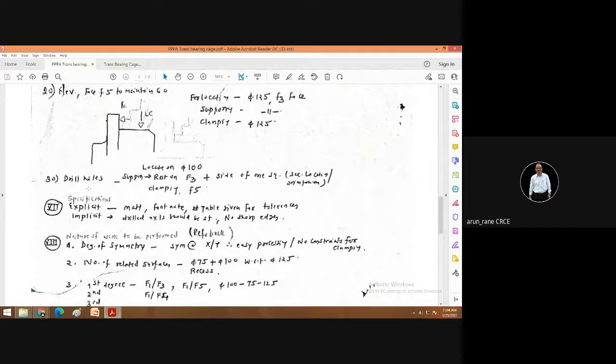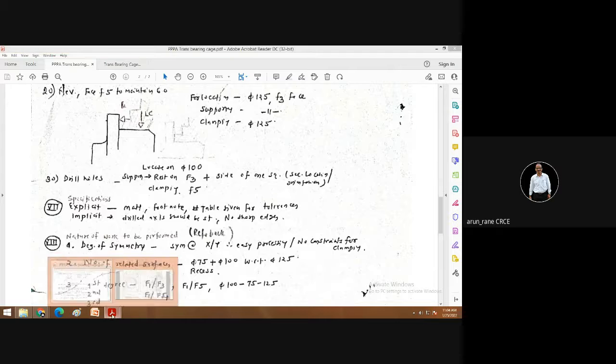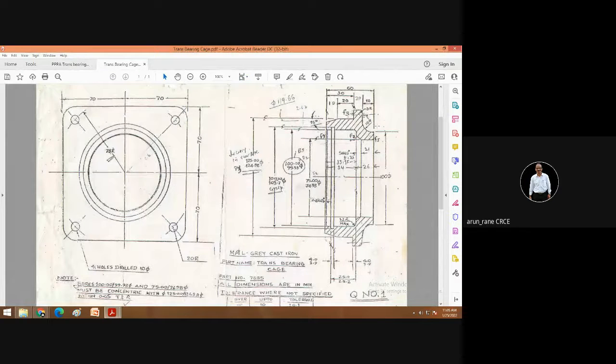Then operation number 30, drill holes. Now again, where you are locating, obviously for drilling you are going to use a jig, and definitely you will be locating on this bore. You know, in jigs and fixtures this is already machined. This is already a bore. So here you will locate this 100 diameter. This bore we will locate. Then we will do drilling from this side, because if we drill from here it is only 10 mm. So the drill length is not going to be more. If you are doing drilling from this side, then the drill length increases, because this is 30. So we will locate this.